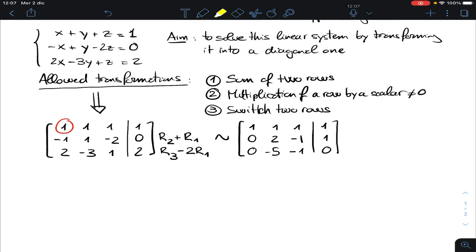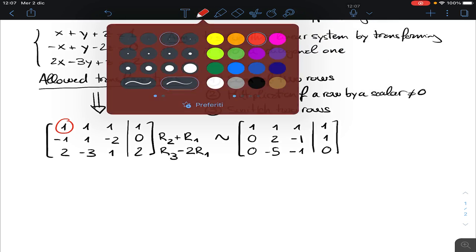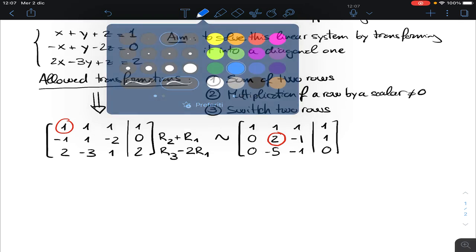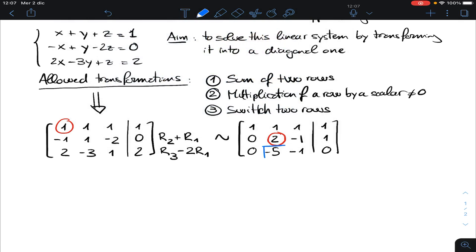Well, the idea is that we may use the 2 we have here to now modify this 1 here until it becomes 0, and this -5 here until it becomes 0. So what do we do? We use the same kind of transformations, but now this is the main difference with what we did last time, because last time we just transformed this -5,